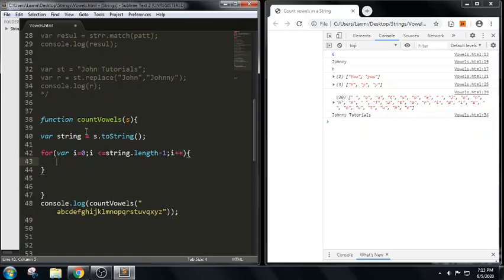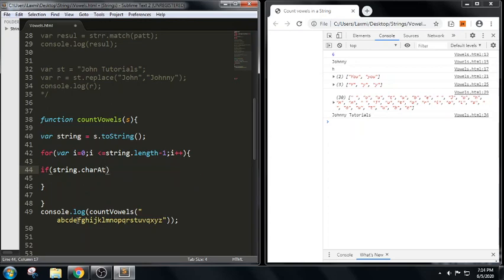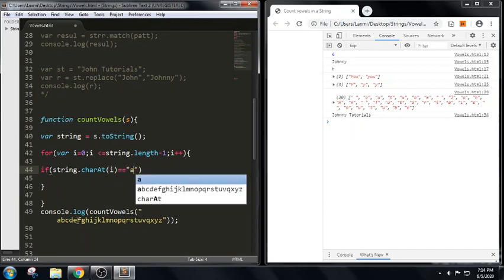So if you can see in this, we are trying to take a for loop. In this for loop we are trying to iterate each and every value. So if I want to iterate each and every value, in this for loop we are trying to check some condition. If the value matches with it, we will try to increment the count. So in this I am trying to write if string dot charAt of 0 indicates first position. So I am trying to write i here, in the sense i equals to a,